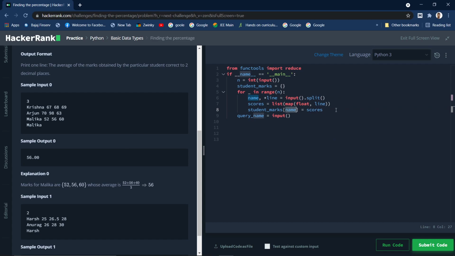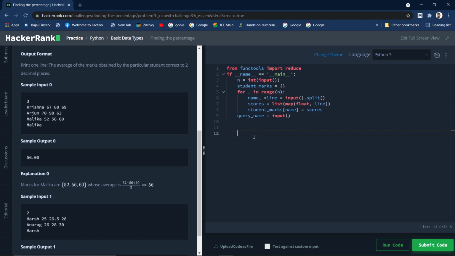So it's like, let me write, Krishna is a key, and to this we are attaching a list. So this is how we are creating a new dictionary where the name is a key, and the scores list is the value. This is what we are doing.